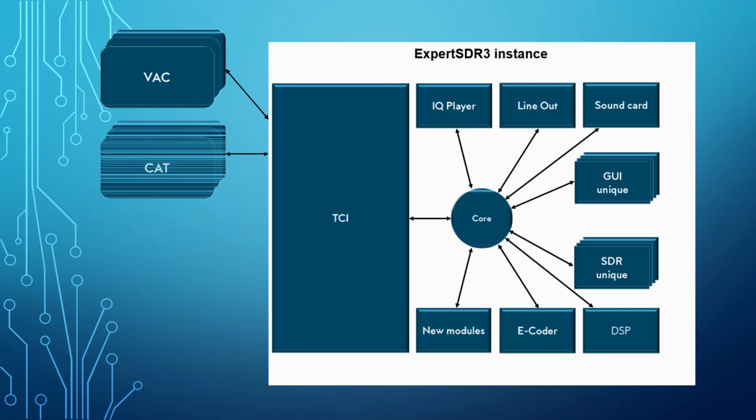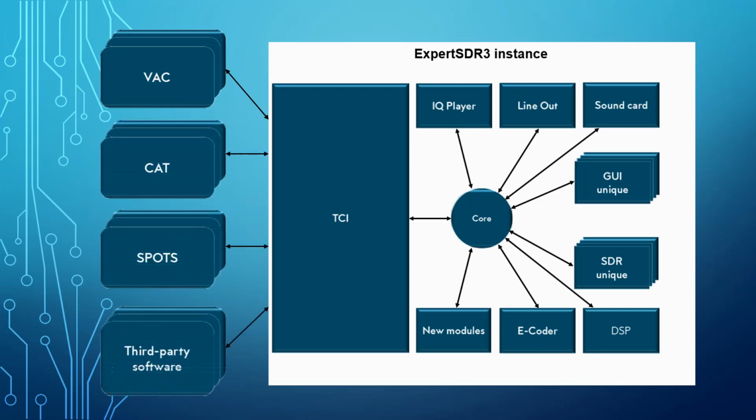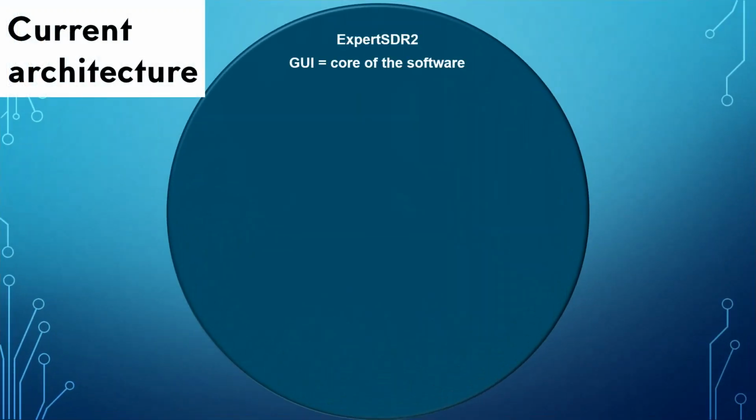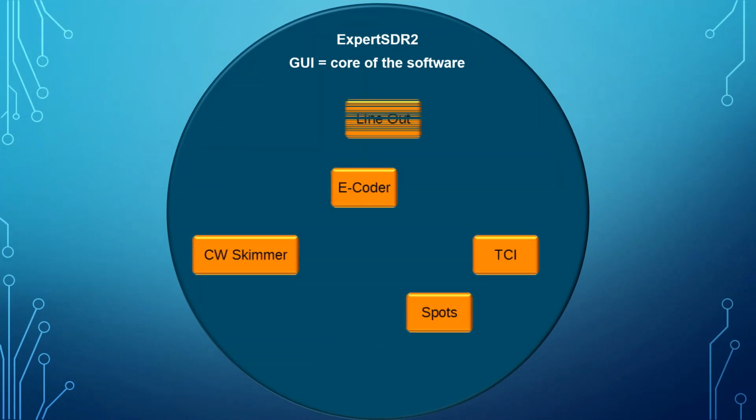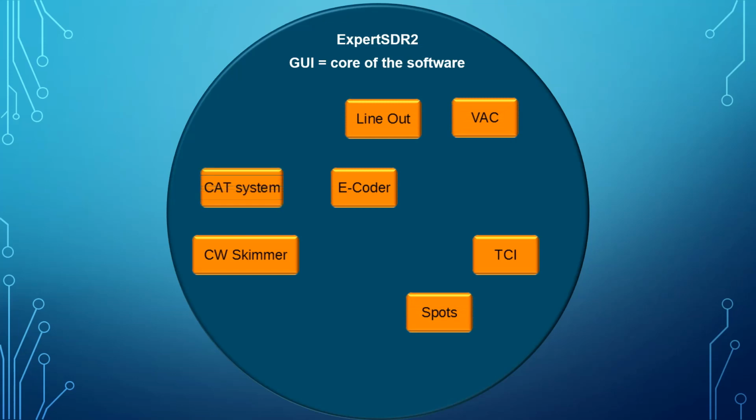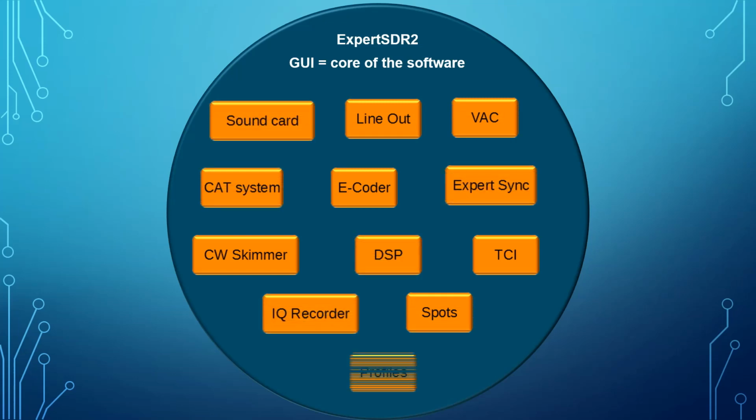It makes the implementation of new features much easier in comparison to the second version, because it should be done once for all devices. ExpertSDR3 is a single software which is used with all our devices. It means single installer, single launcher, single core. Only particularities of a certain hardware will define differences of the GUI. Also, integrating a new device in the software will be easier and faster.